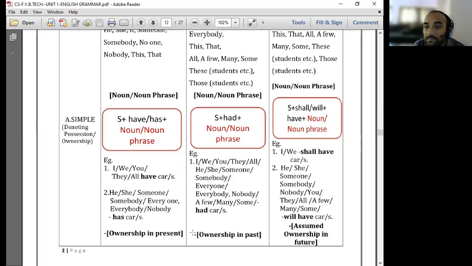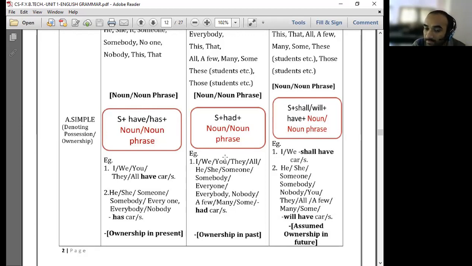So ownership in the past. माझ्याजवळ कार होती. आता आहे का, तर नाहीये किंवा असेल. आता आहे किंवा आता असेल किंवा नसेल. ओके. बट माझ्याजवळ कार होती, पास्ट मध्ये माझ्याजवळ कार होती हे दाखवण्यासाठी आपण यूज करतो सब्जेक्ट प्लस हॅड प्लस नाउन